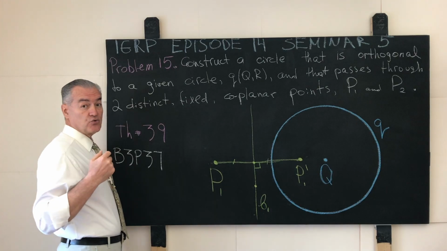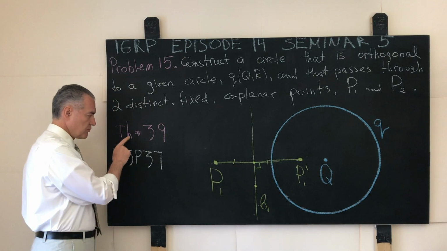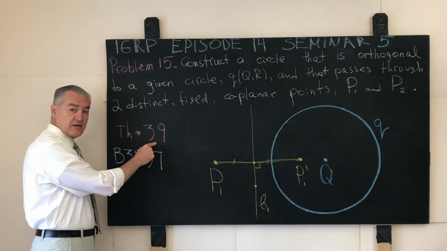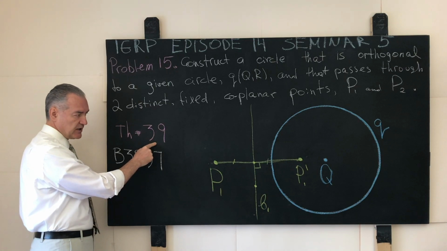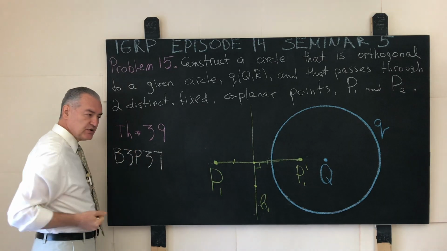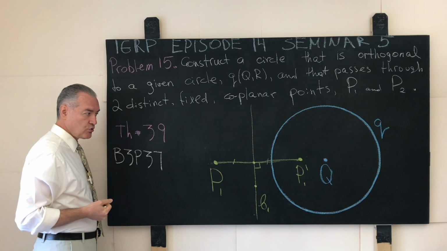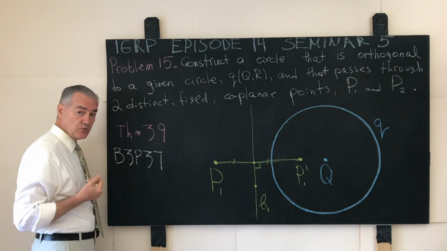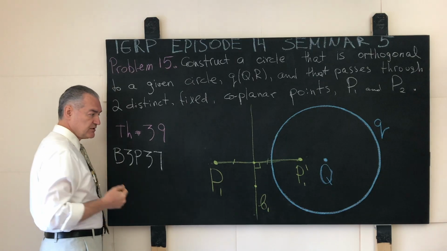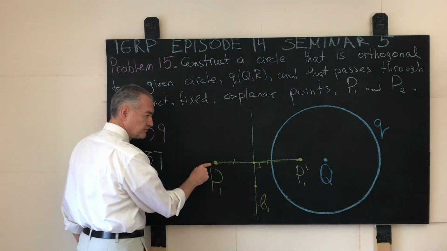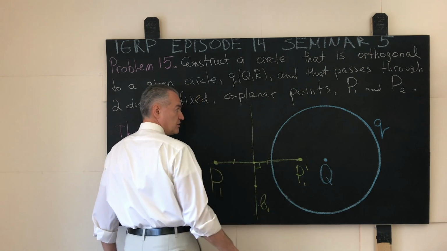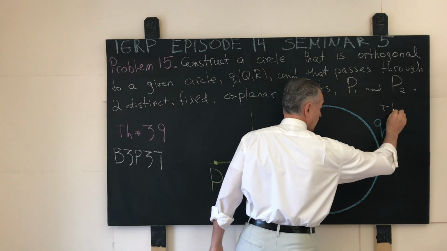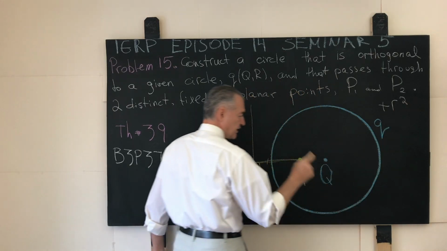Well, the answer to that question comes to us from theorem number 39, the theorem that we proved in one of our last lectures, lecture number 8 or lecture number 9. At this point, it is beneficial to recall the technical essence of the proof. How did we prove that theorem? Well, we said that if we reflect the point P1 in the given circle with positive power, the power is always positive, and we do this reflection exactly once,